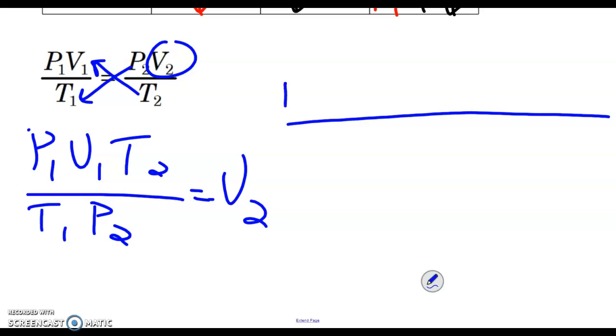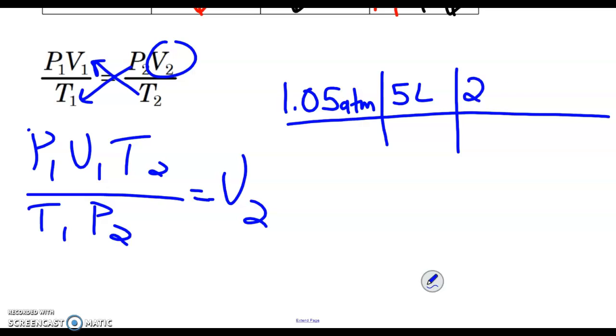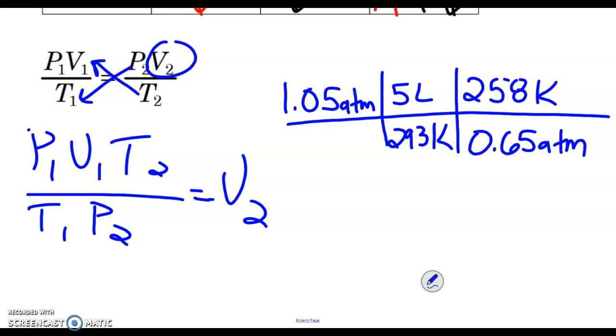So I'm going to grab P1 from my table. I'm going to grab V1 from my table. I'm going to grab T2 from my table. Then I'm going to grab T1 from my table and P2 from my table. As always, I need to check what units cancel. Atmospheres on top and on bottom, Kelvin on top and on bottom, which means that my answer is going to be in liters. When I multiply across the top and divide the bottom, my calculator says that the answer is